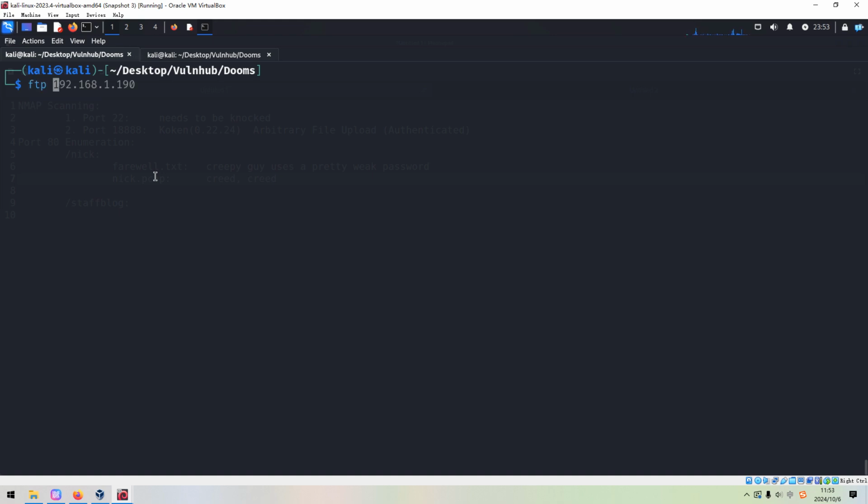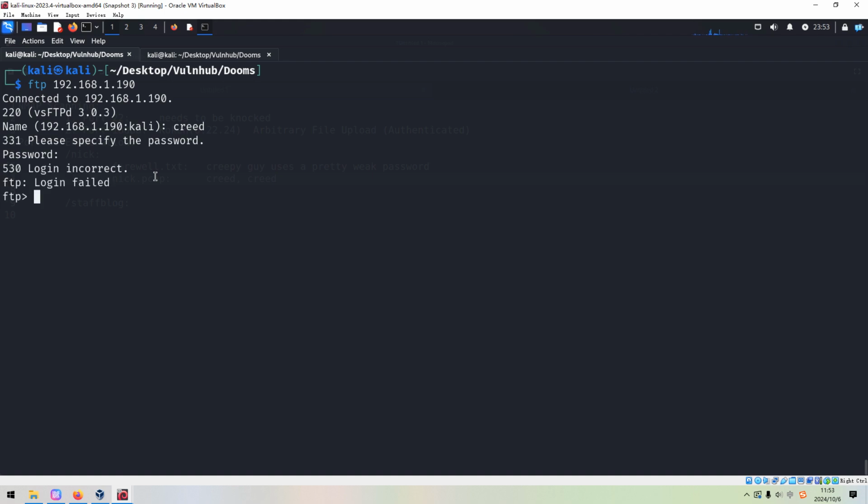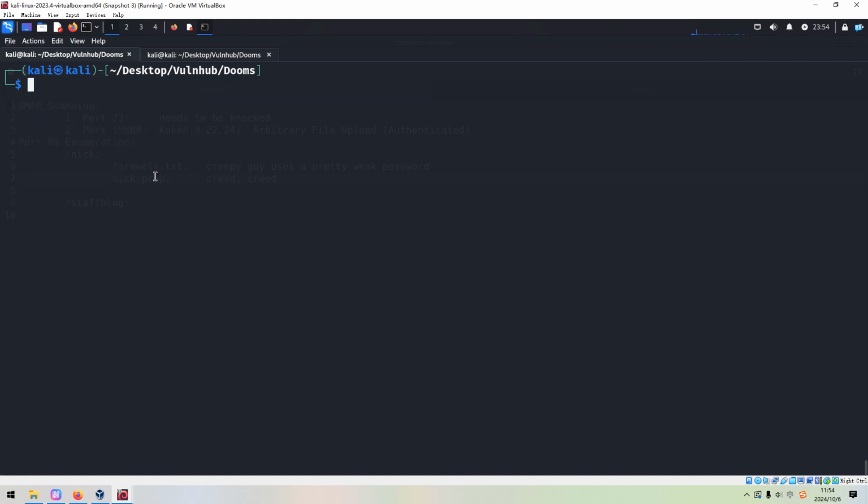We can FTP to the target with the credentials we have already got. Unfortunately, this doesn't work. Login incorrect. So I think the password possibly was modified. Anyway, now we can go ahead.